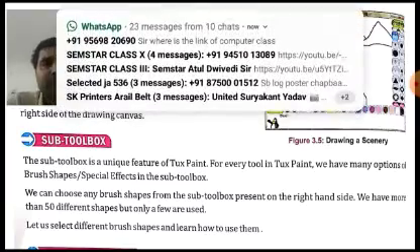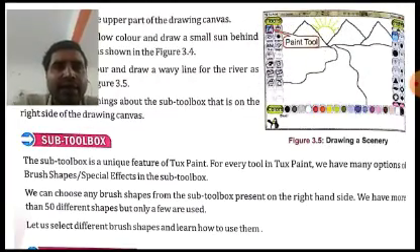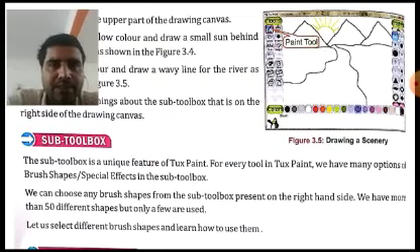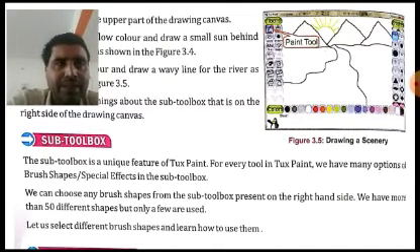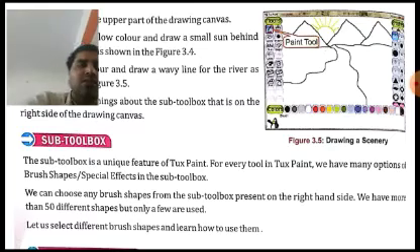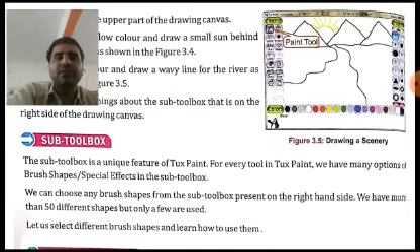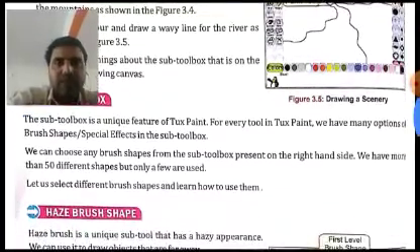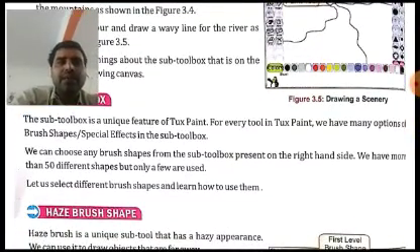We have more than 50 different shapes for the different types of brush shapes and special effects, but only a few are used. All the brush shapes are not used, because we don't require all these types of brush shapes at the same time. Okay, let us select different types of brush shapes and now we will learn how to use